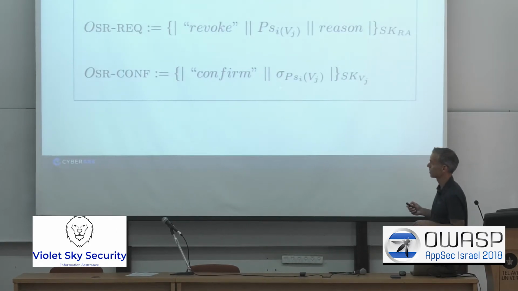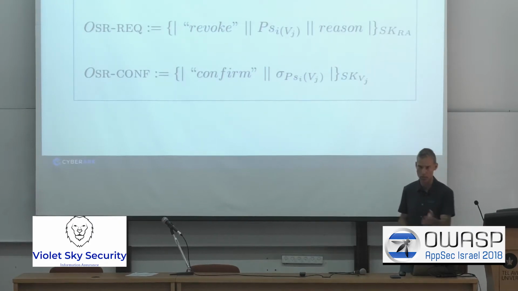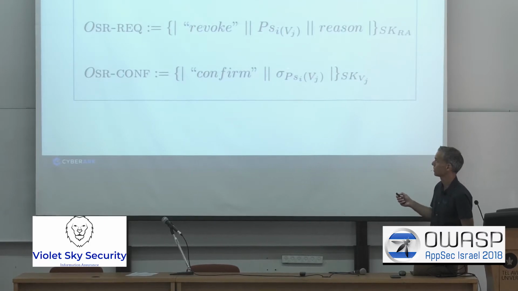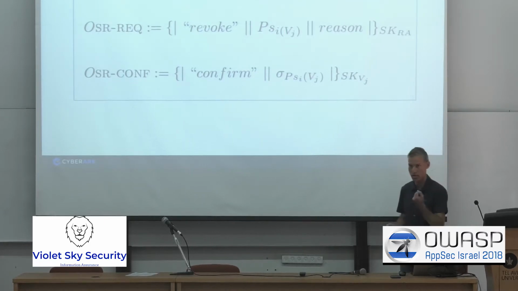will revoke itself. And now we have the confirmation message. I revoked myself, and this is a token that is part of the pseudonym. It sends it back to the revocation authority. Here, this is me, I revoked myself. This is proof because I managed to decrypt that pseudonym, and I extracted the token, and here's the token. So this is a proof that I really was the right one who